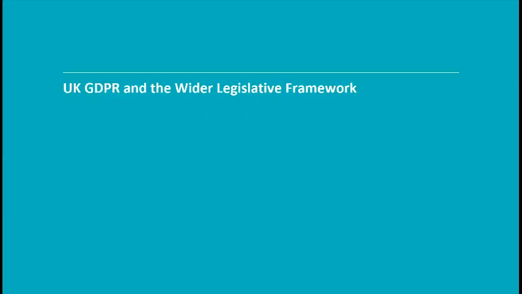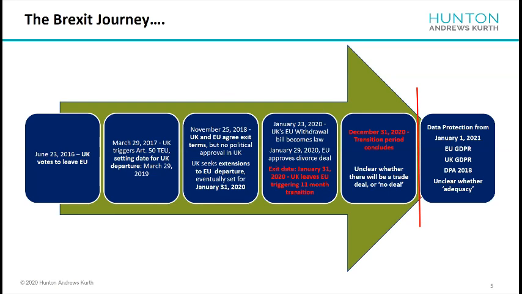So let's begin our discussion by briefly taking stock of the Brexit journey, which will set the scene for our discussion of how this impacts data protection law. I've already mentioned that the vote to leave the EU took place on the 23rd of June, way back in 2016. But the clock counting down the minutes to our departure only started to run on the 29th of March 2017. And the European Commission and the UK government published a draft withdrawal agreement on the 14th of November 2018. This sets out the arrangements for how the UK would leave, and it outlines the political declaration on the framework for the future EU-UK relationship.